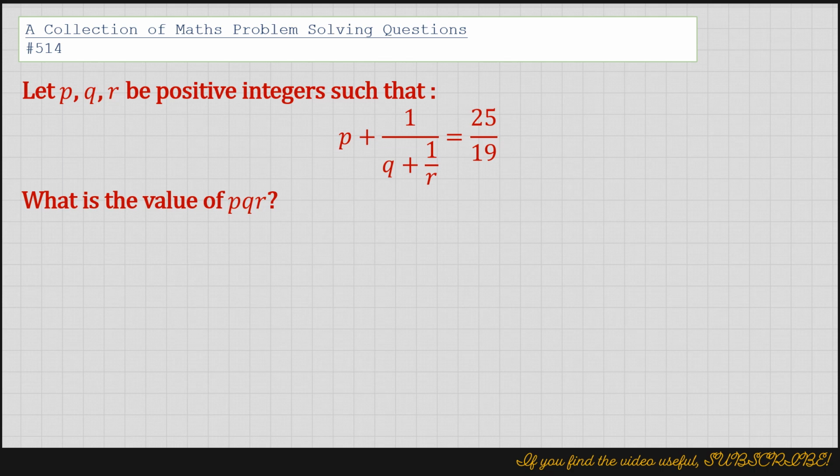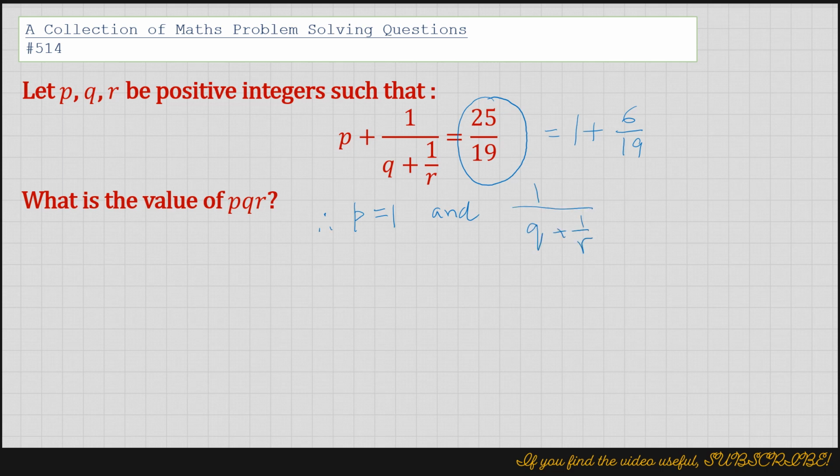So we can rewrite this 25 out of 19 as 1 plus, 19 plus 6 is 25, so 1 plus 6 out of 19. So when we do that, you see it becomes that, we get that p equals 1. So the next thing that we can write is, therefore, 1 out of q plus